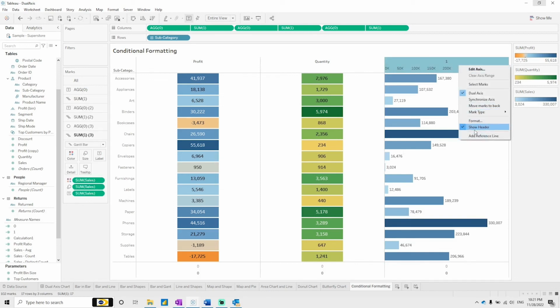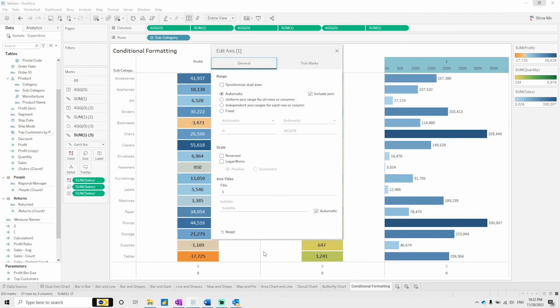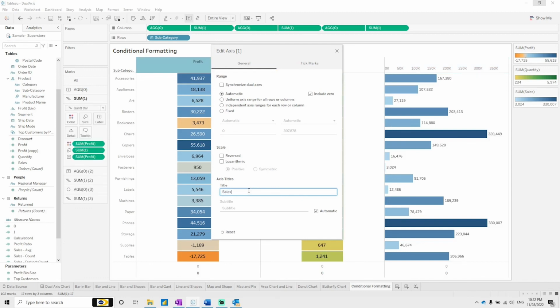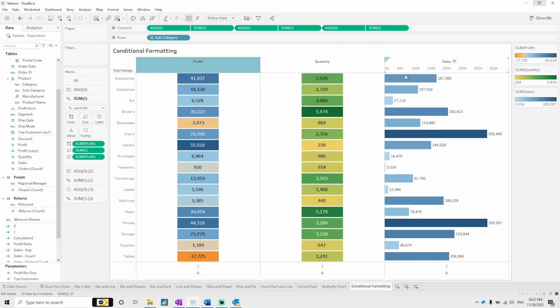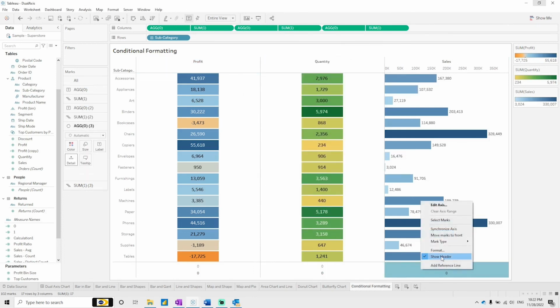And here also, if you wanted to edit the axis, you can edit the axis. Make this sales, and let it remain the axis, and